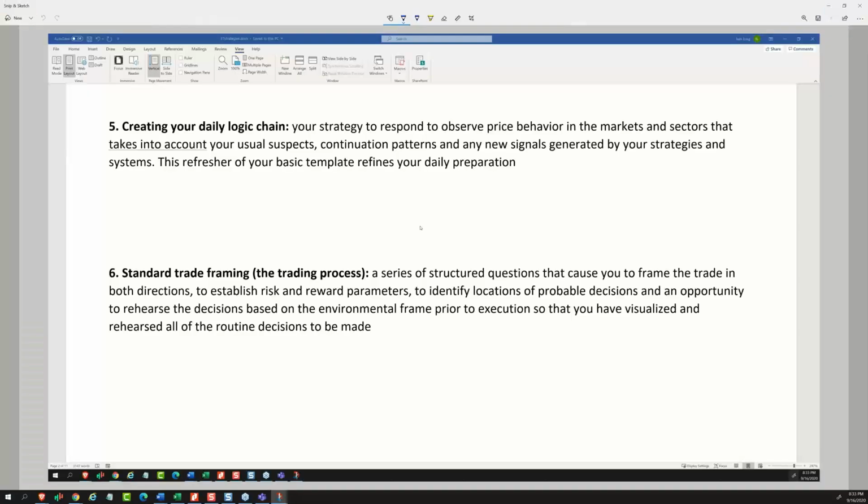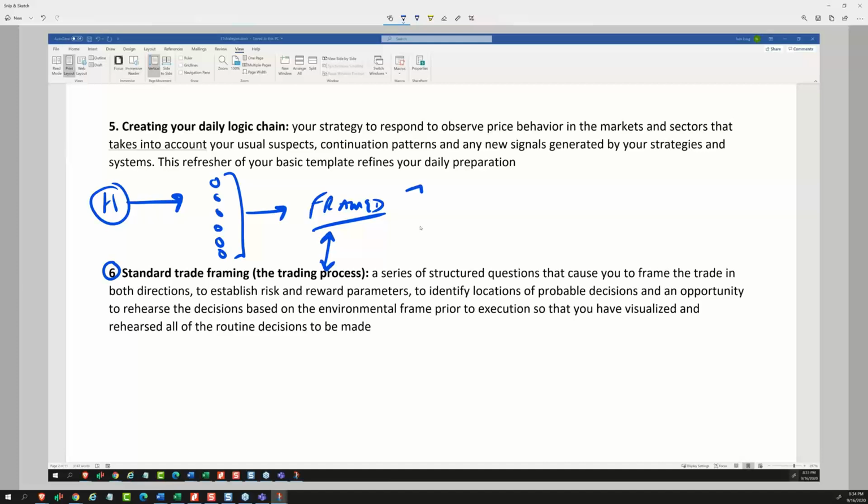So now when I'm talking about the standard trade framing, this is that part of the supply chain where I took my herd, I found my set of targets that met my criteria that I like. I framed them all in the standard process. Then I constructed some kind of logic chain between the market and the sectors that I'm interested in and connect those to the symbols in each sector. And then I can set up my